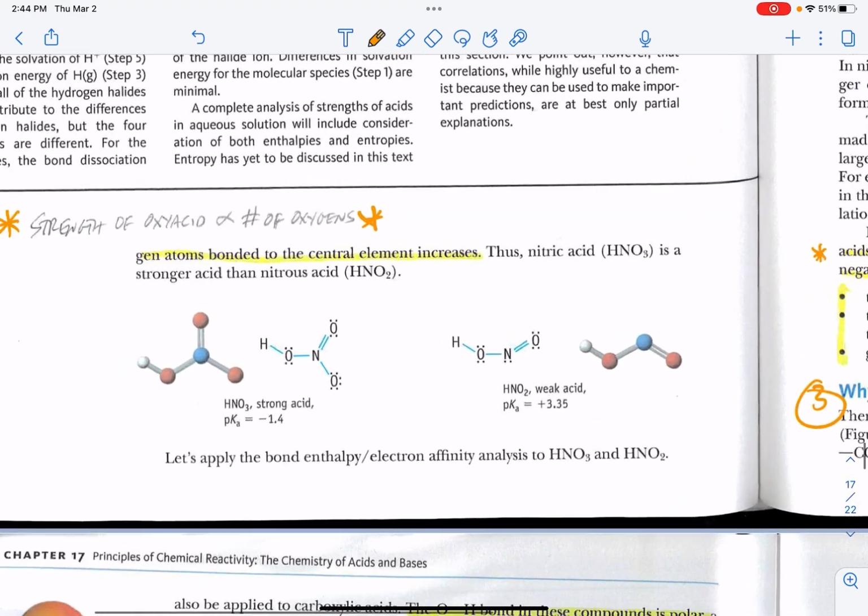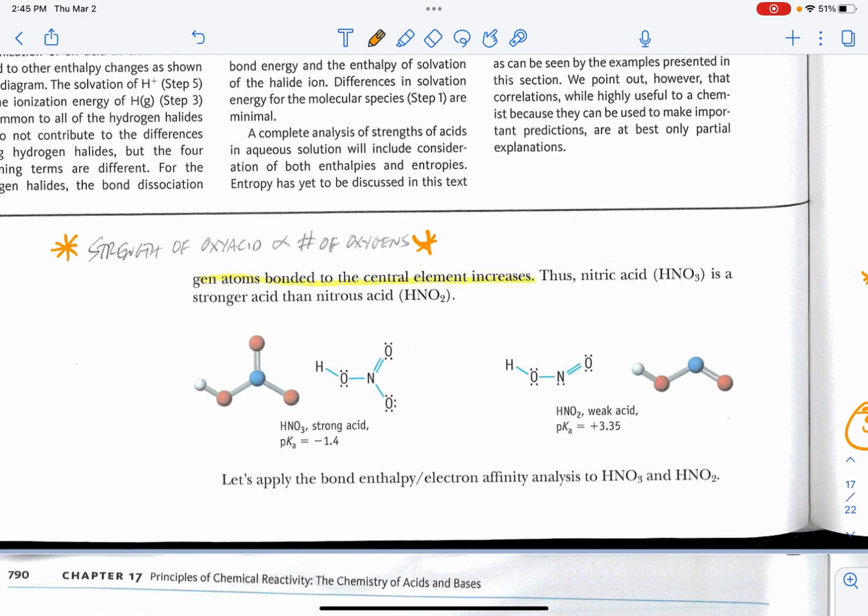And the reason that that turns out not to be the case is the fact that the more oxygens your anion has, the more it can distribute the negative charge across all of those oxygens, which actually makes your anion more stable. And if it's more stable, it can more readily lose its proton, and that relatively stable anion then can be in solution. So, for example, if I've got 3 oxygens here, and I want to donate this proton,